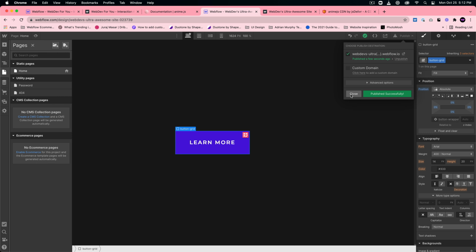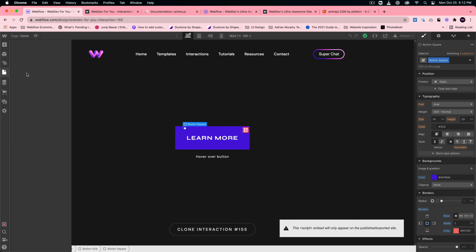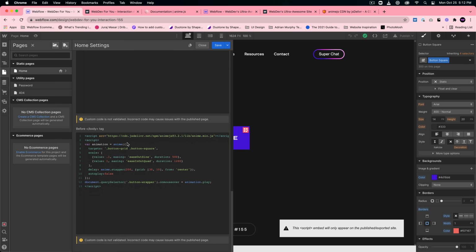And when I preview, we have the animation. It's pretty cool. So right now it's just playing automatically and it's not looping. So what we want to do, and I'll just grab the code from my project here. So I added a piece of code, which is right here: document query selector button wrapper on mouse over, we're